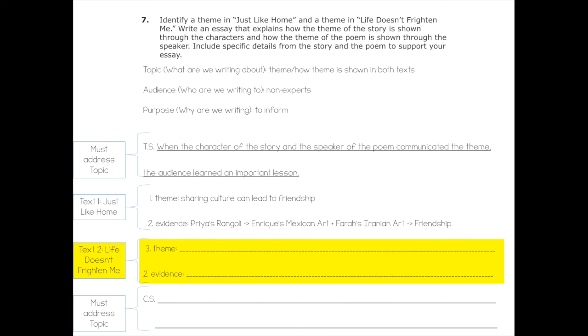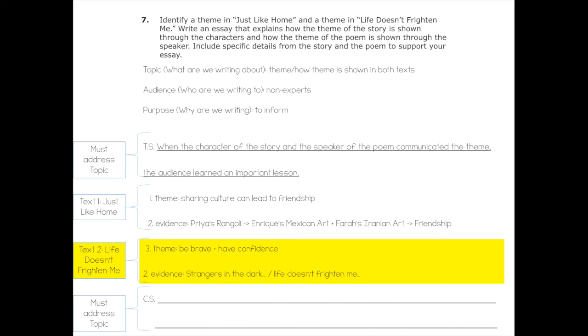Let's think back to our poem, Life Doesn't Frighten Me. What was the message that the author wanted us to remember? I remember from this poem that despite obstacles, the speaker is unafraid of life's challenges. So, I can state that the theme is that the speaker wants the reader to be brave and show confidence. Notice I use the plus sign again between be brave and have confidence. It's not a complete sentence right now. That's okay. I know that when I go back and edit my work, I need to convert those notes into a strong, interesting, and complete sentence.